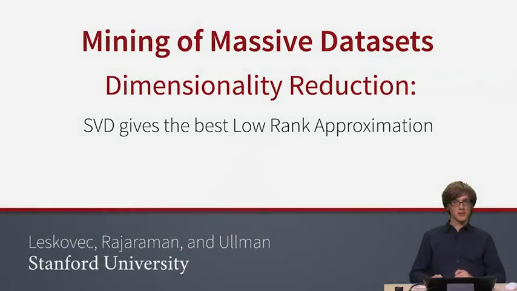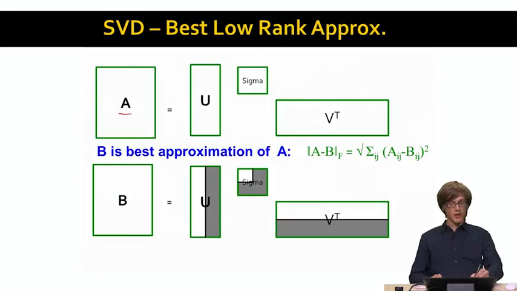And what does SVD do is the following. If we take our matrix A, represent it exactly as a product of matrices U, sigma, and V transpose. Before we said we can always do this. But now if we want to do dimensionality reduction, which basically means we take U, sigma, and V, but we